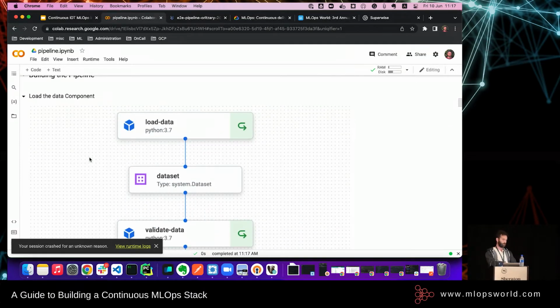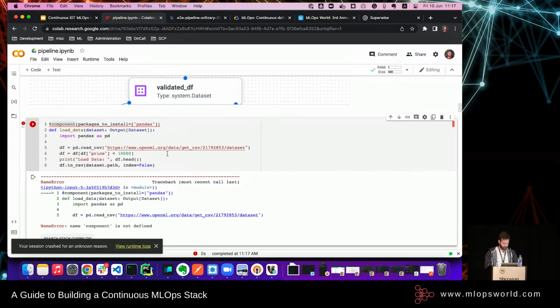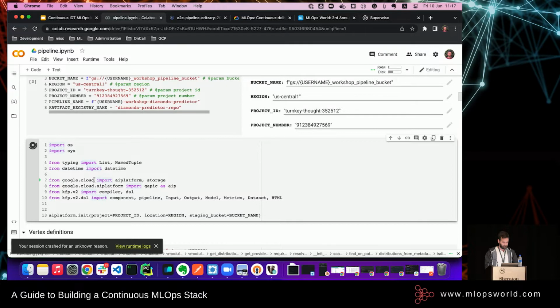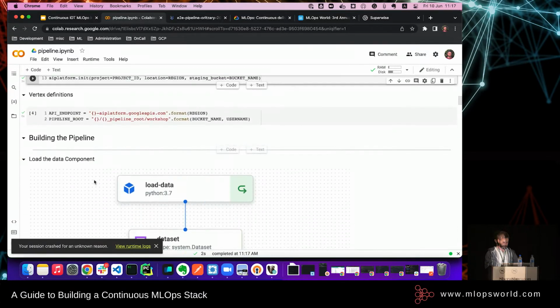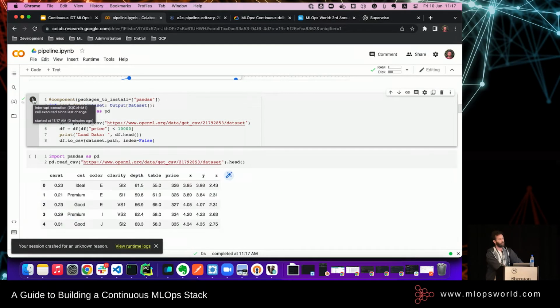And now we're going to focus on those two steps, so loading the data and validating it. So as simple as it could be, again, oversimplified stuff, but let's focus on the component decorator for a second. So this is one of the Kubeflow's objects we just saw. What it's basically saying is that the next function will be... okay, so I didn't import it, of course. Okay, so what this component decorator will say to the Python interpreter is that this next function would need a package, pandas, for this pod that's going to run.